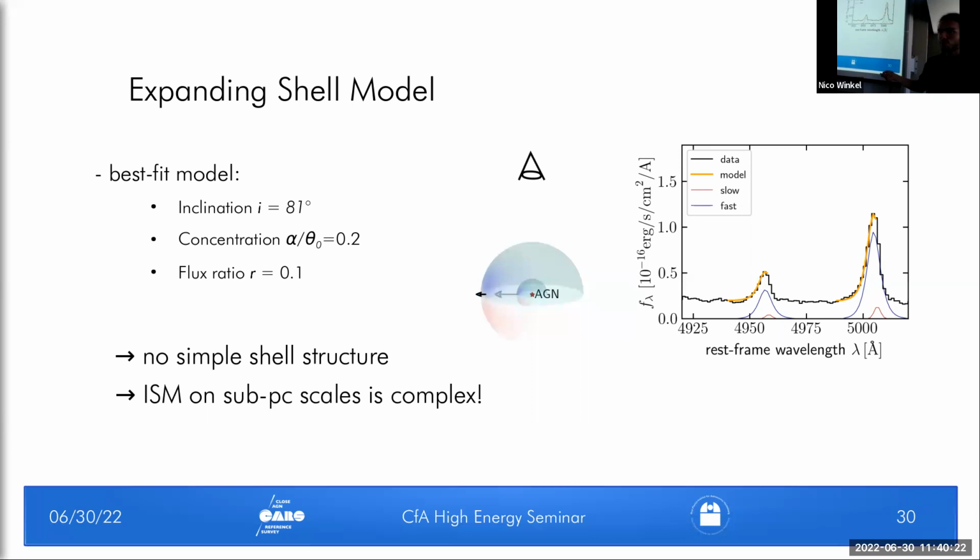So either of the 2, the dust torus model or the expanding shell model that we put in there, cannot be true in the assumptions. So I think what is going on is just that the assumption of our model, that the Lyman alpha occurs in the same structure as the O3 emission, is just not true. Okay, so the ISM on the subparsec scales that we are able to resolve with MUSE's narrow field mode must be more complex than the simple picture that we have put in there. Okay, so this outflow model does not work in its prescription. Okay,